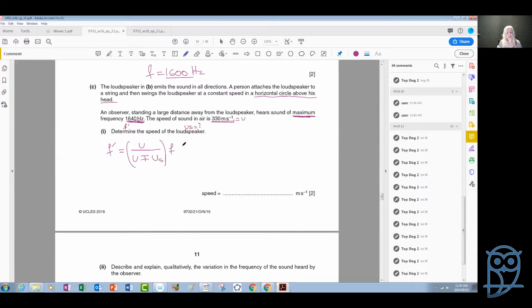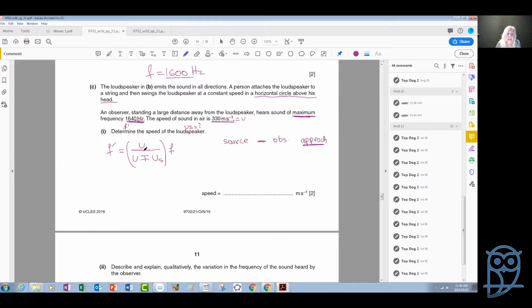Although there is a reasonable way to figure out what to use here, the plus or the minus, a rule that does not fail is this: when the source and the observer approach one another, in this case the source will be approaching because we consider only the source moving. The observer is always taken as stationary in your case. When the two approach one another,